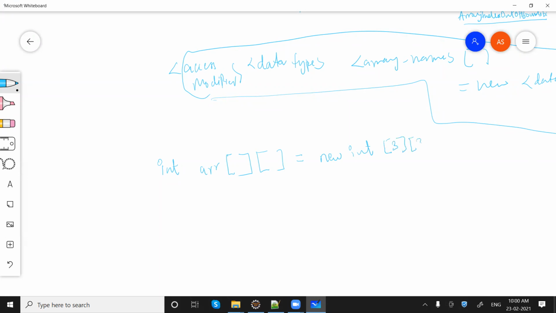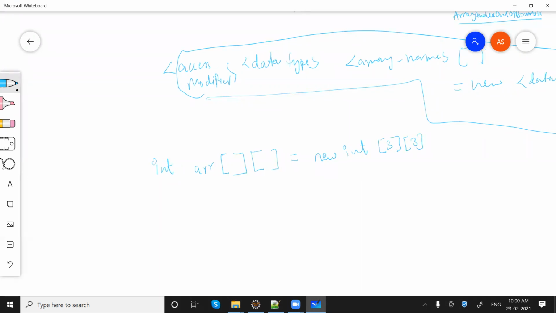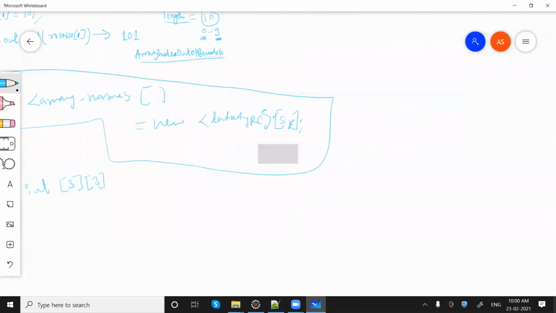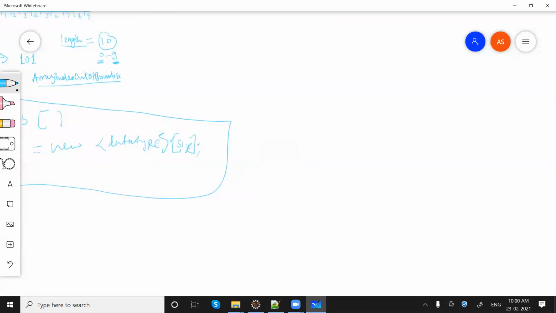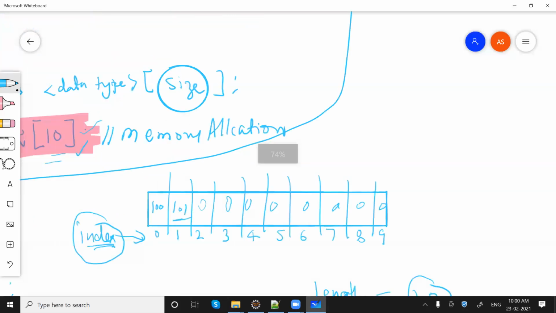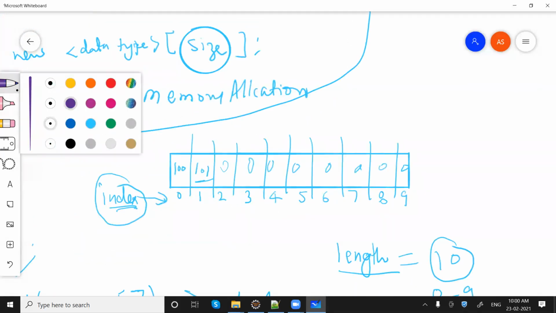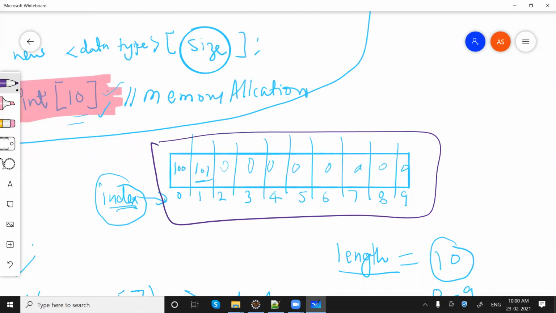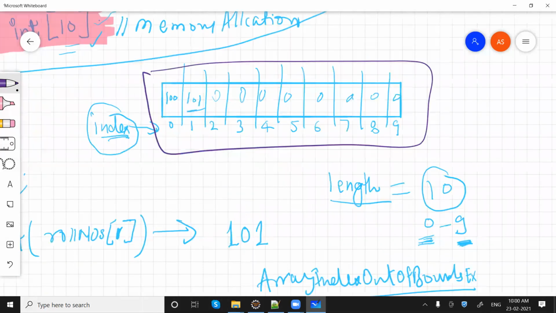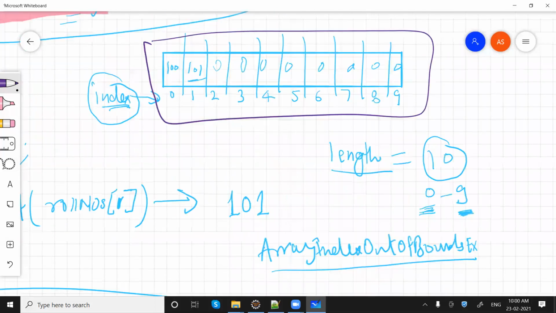3 of 3. In the last example, our data was getting stored in this format. Now if we have a 2-dimensional array, let's look at how the data will be stored.